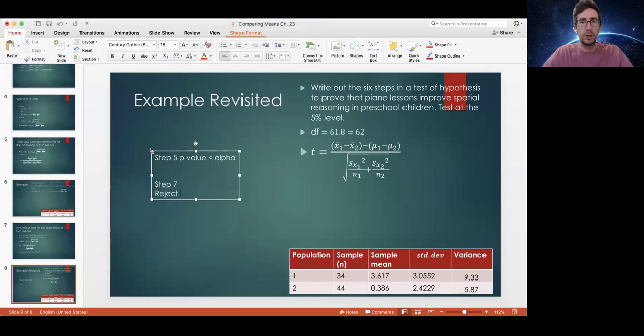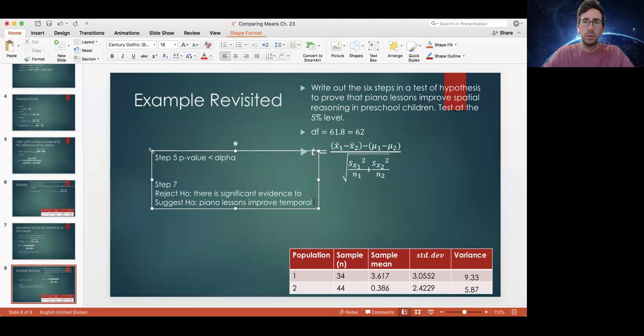So we can reject the null hypothesis. There is significant evidence to suggest HA, which is that piano lessons improve temporal spatial reasoning. Okay,